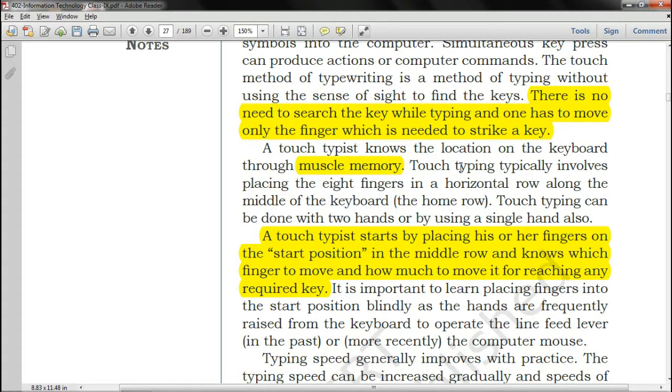I'll be showing you a small video for the same afterwards, how we can place our fingers on this home row, so that we could type very easily. Touch typing can be done with 2 hands or by using a single hand also.